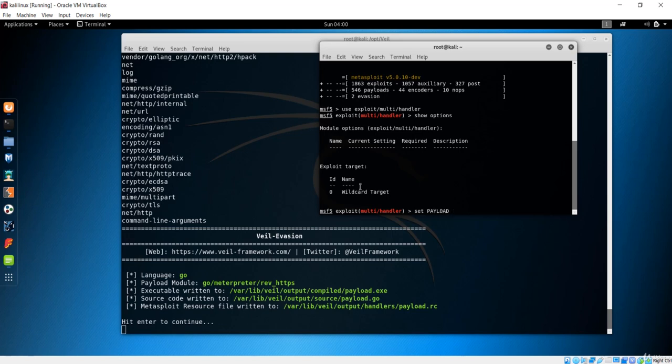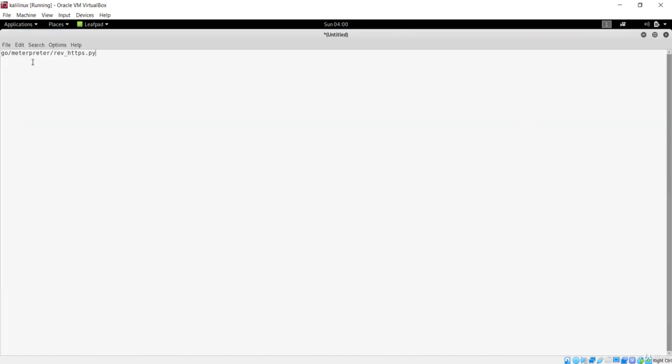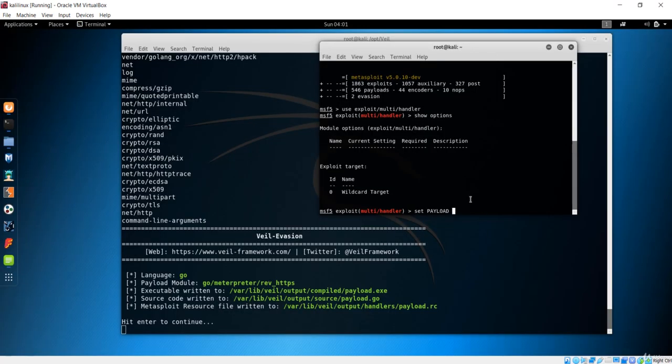If you see, we had written something in our Leafpad over here, that is go meterpreter and reverse HTTPS. So we have to now use this name of a payload right here. It is in Windows, because first of all we have to see where this is going to be executed. It is Windows and meterpreter, and after that you just give the name as reverse, and okay, it's reverse HTTPS.